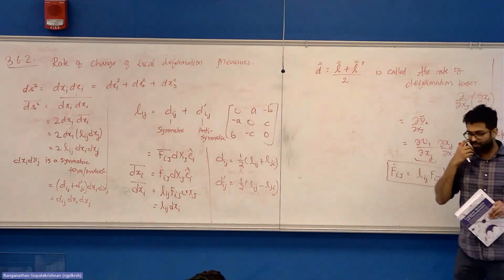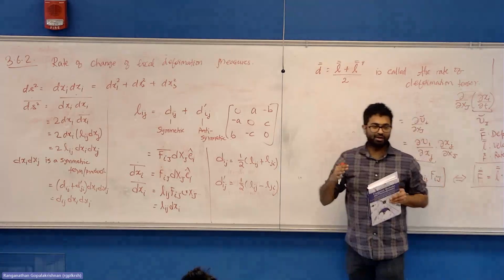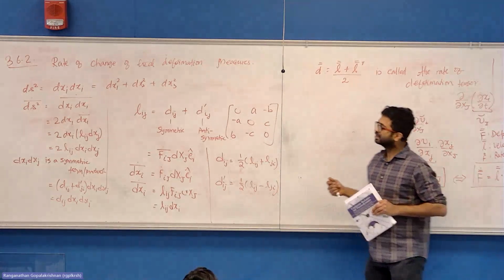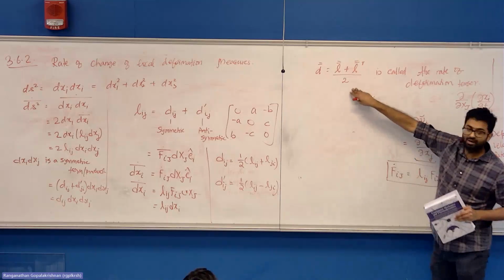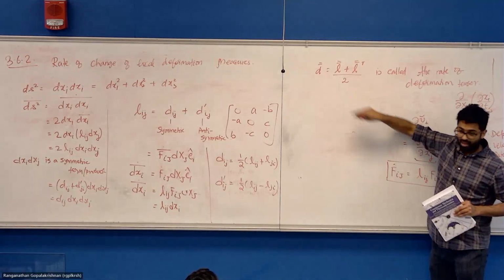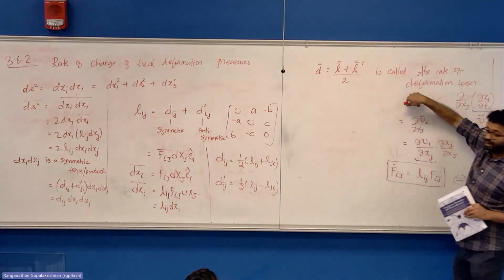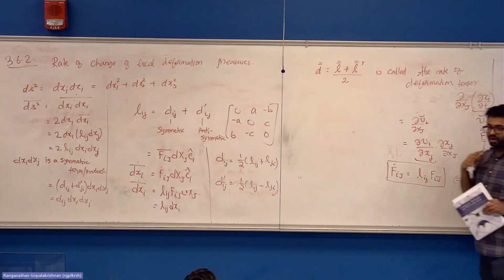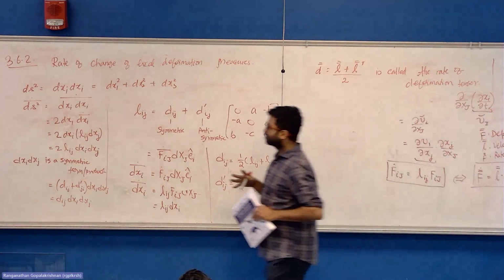But this is a matter of legacy, because even before continuum mechanics or this tensor framework came into existence, fluid mechanics people had already thought of this expression. And they called it the rate of deformation tensor. Not super hung up on names. What I would say is,